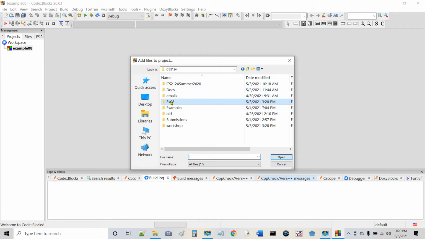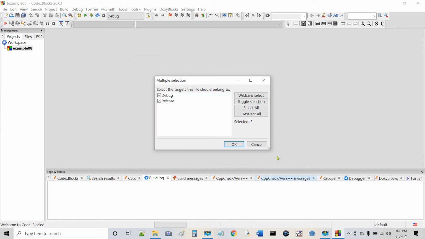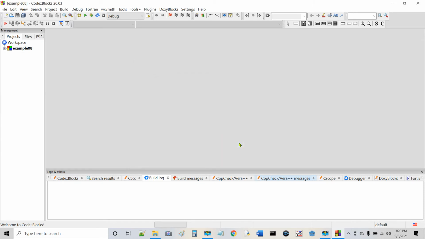and here we are, example 08. Here's the project folder that I just now made to put the project in, and here are the 3 files that I just now downloaded off the email. You might even have to play this a couple of times. I know this is going through a lot of stuff in a big hurry, but click, and I open, okay,